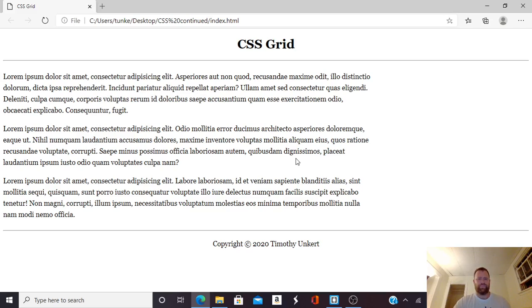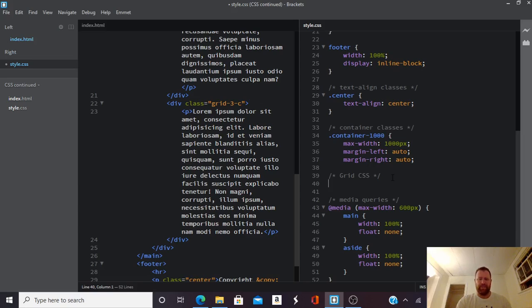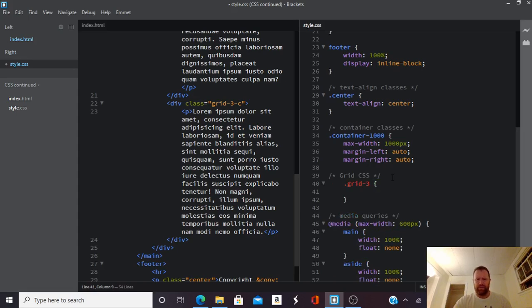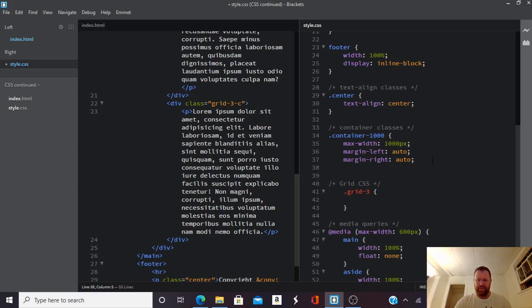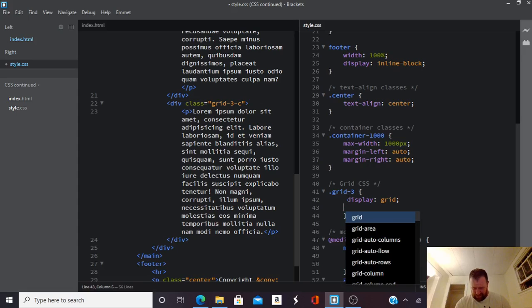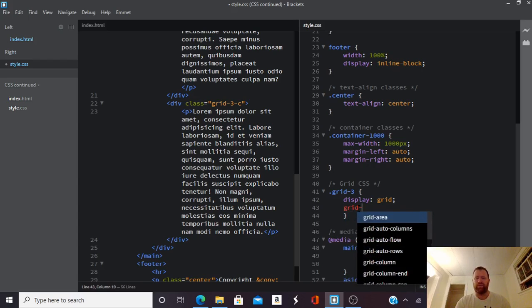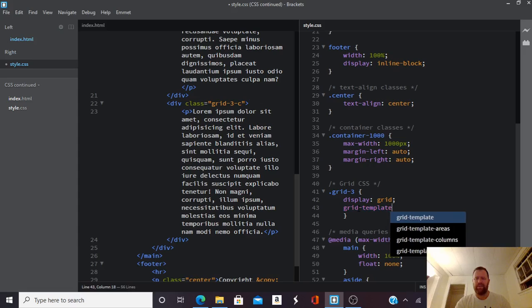So we've got 3 different paragraphs there. Now we want to set them up in a grid format so I can have 3 columns. So I'm going to style the grid3 class. Okay, so there's a problem here. I've got to close this one out. All right, and I'm going to do a display of grid. Then I'm going to do a grid template columns,